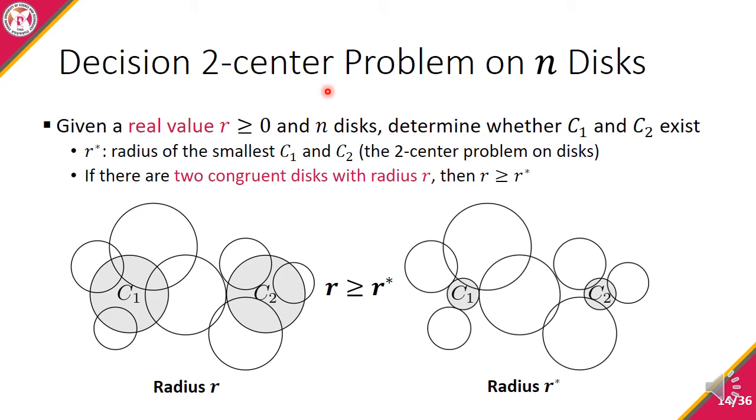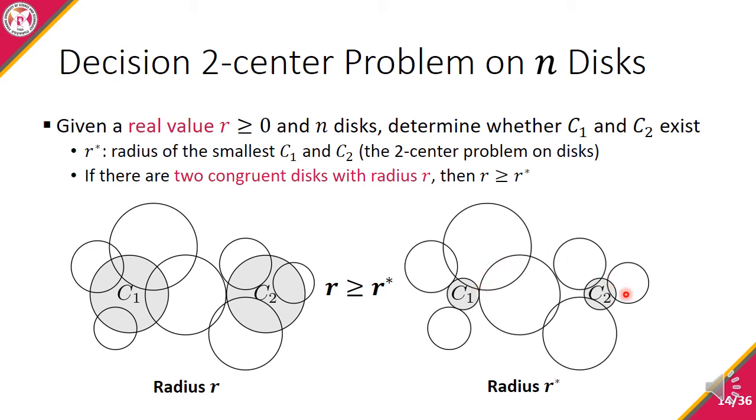The decision problem is to solve the decision version of the problem. The decision problem is as follows. Given a real value R and disks, determine whether there exist 2 congruent disks that intersect all given disks and whose radius is the given value R. The decision algorithm also determines whether the given value R is larger than R star, where R star is the optimal radius of